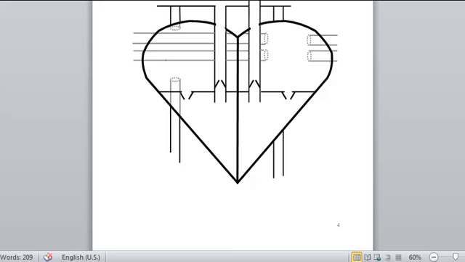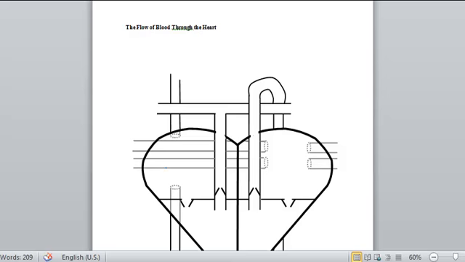Okay, so hopefully you've done as I suggested and you've gone and drawn this heart, and you're now back waiting to see how blood flows through it. So blood flow through the heart, even though it's a cycle, we typically start at the right side of the heart, and you can remember it as RAV,